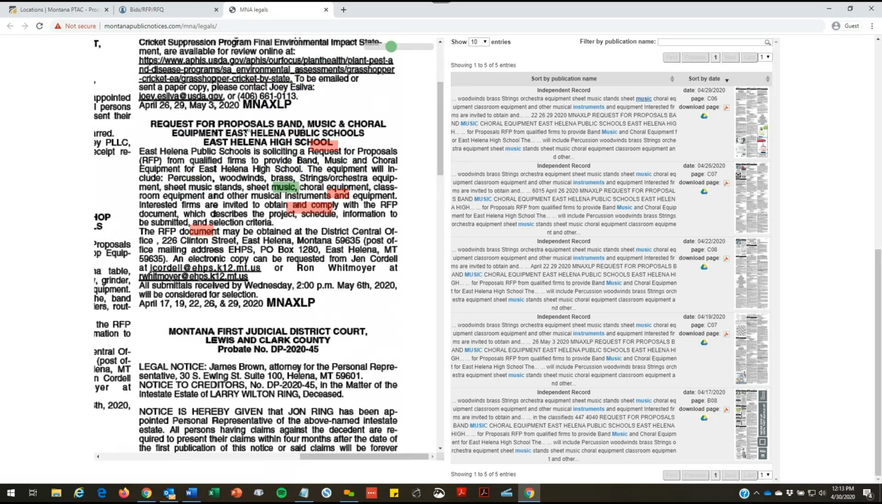And so here we have request for proposals, band, music, and choral equipment, East Helena Public Schools. So it tells us they're soliciting an RFP, tells you what they're looking for, tells you how to get more information, where to submit things, what the deadline is. And this right here, this MNA XLP, that's the code I talked about. That's what flags to this system that this is a legal notice. So this is kind of helpful because